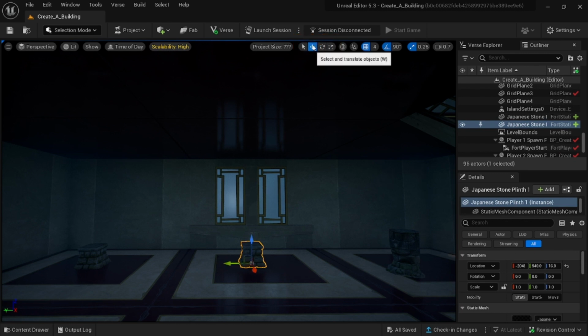Translate moves an object along the X, Y, or Z axis and is used to change the location of your object in space. Rotate changes your object's rotation relative to the ground. Scale changes your object's relative size. Click and drag the handles on the Translate, Rotate, and Scale gizmos to see how they change your object's location,